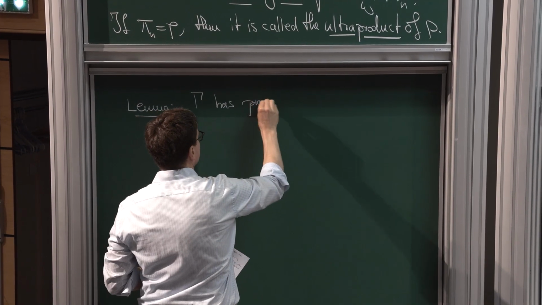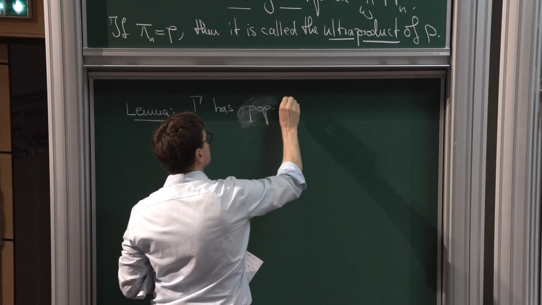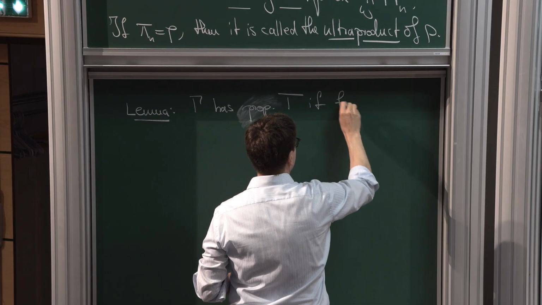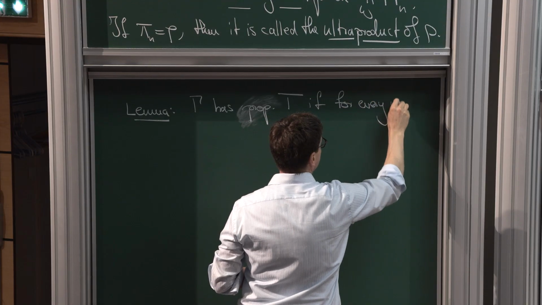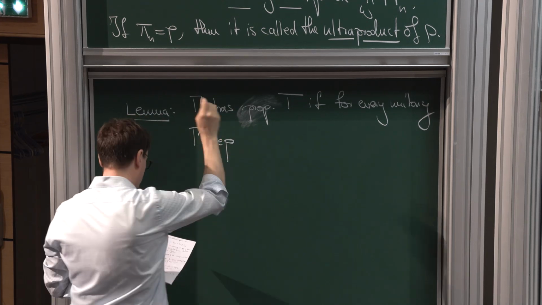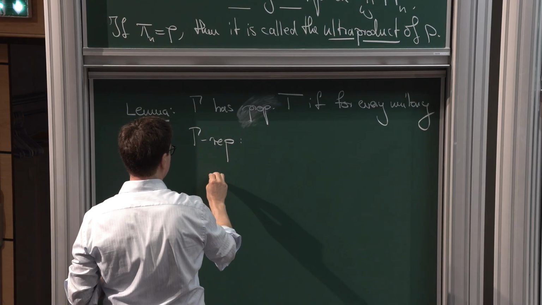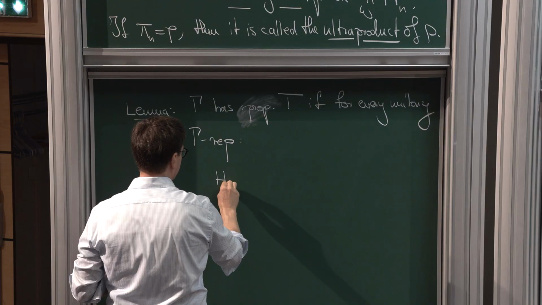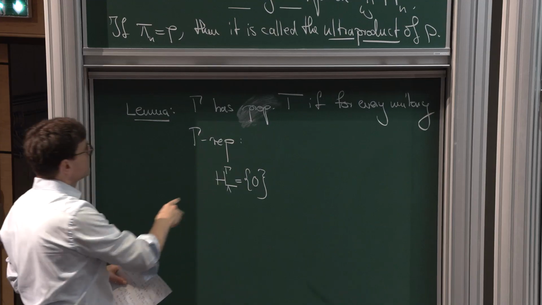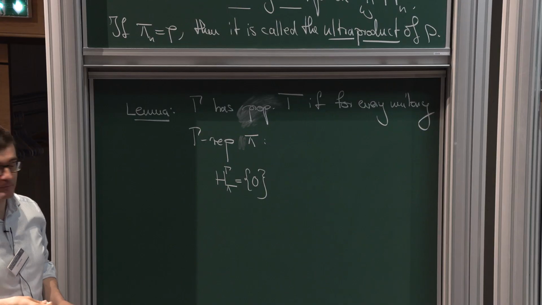Gamma has property T if for every unitary representation pi the following holds: if you have no invariant vectors in your representation,